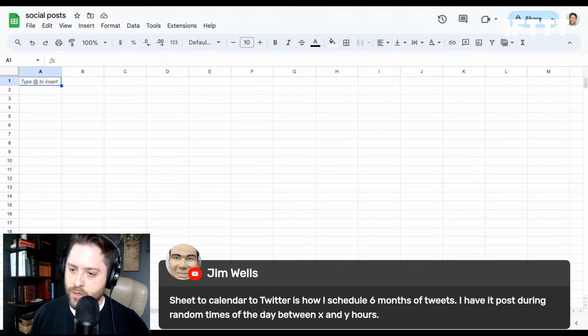Would that be a good one? Column D. I'm not sure. This might be the best way to do it. I'm trying to think of what would be the best method.